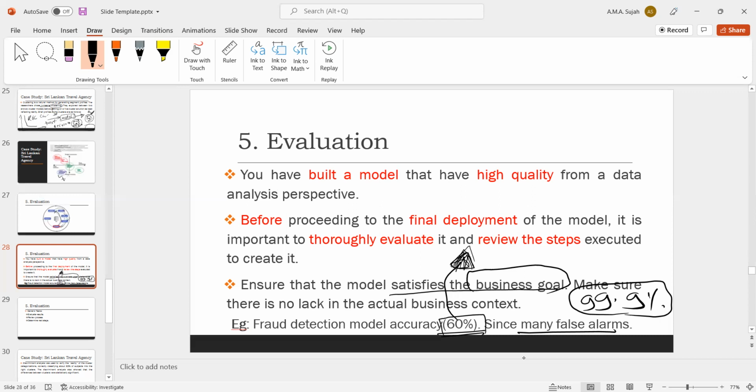Did you understand what I'm saying? If you are developing a fraud detection model, you need to consider high accuracy. If you fail to achieve high accuracy, you can't apply those models. So you start from the evaluation again and do good business understanding, data understanding, data preparation, and again you model and try to improve the accuracy or the prediction efficiency by evaluating the model again and again.